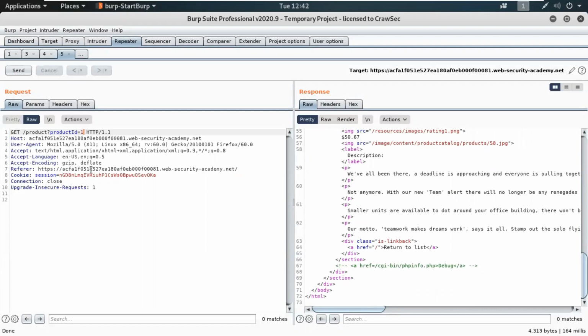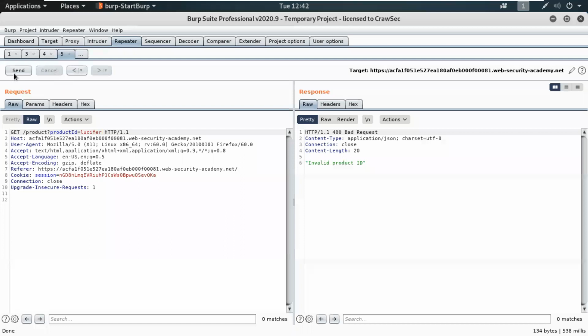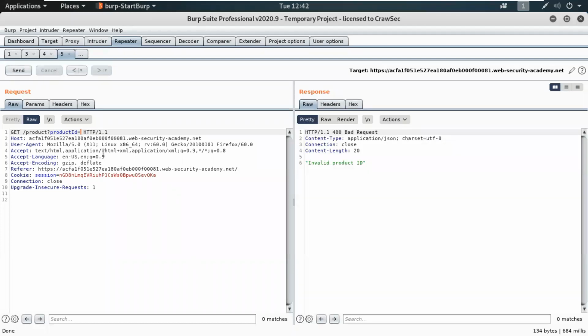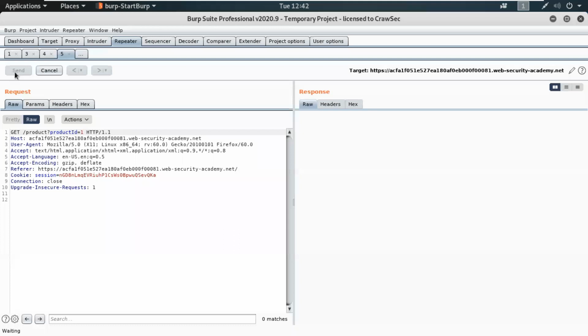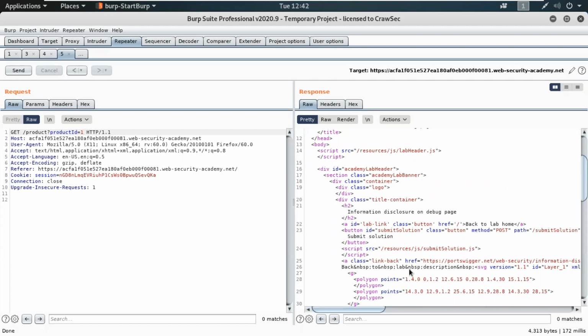Okay, yes, I have to change this one also. So let's try. It was an information disclosure vulnerability. It was bad because over here, okay, so I guess this was one. It was 200. So we need to find the secret key over here.